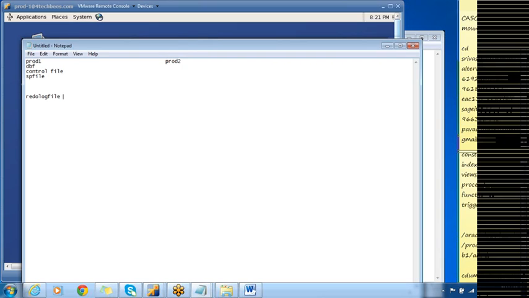So prod1 will access its own redo log files and prod2 will access its own redo log files. The only difference is the redo log files will be present in shared storage, that means in the ASM disk group, but they are specific to the instance. So we'll have two specific sets of redo log files, one for each node. If I have two instances, I will have two groups of redo log files. Groups in the sense we'll have threads here. So I will have thread 1 and thread 2. Thread 1 will go for instance number 1 and thread 2 will go for instance number 2.